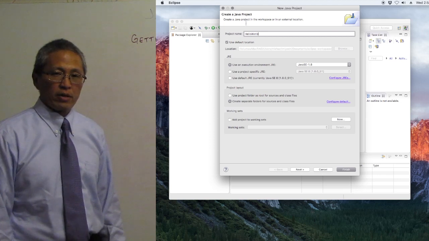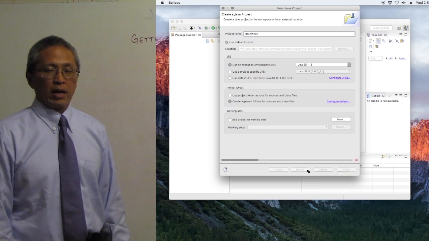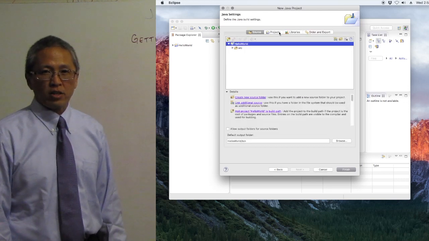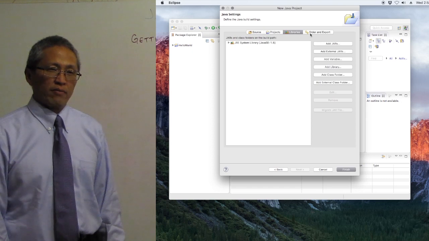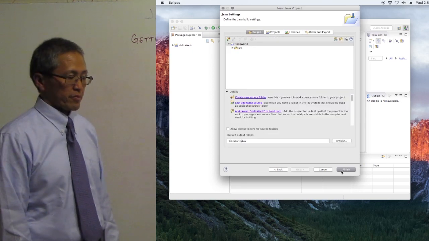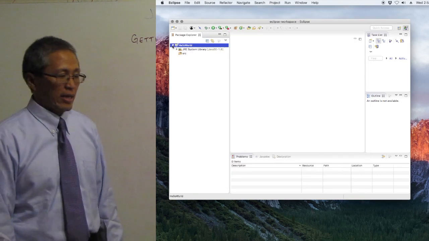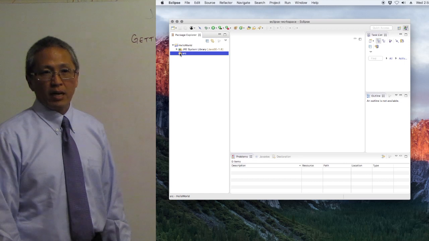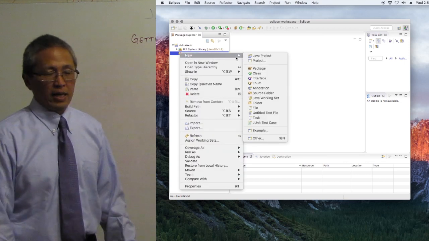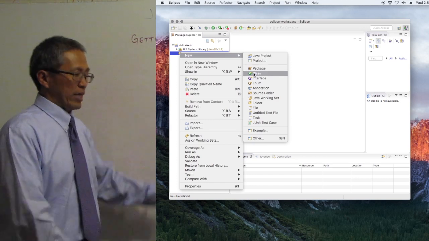Once I do that, I'm going to use that triangle there, and I'll browse down until I find the source folder, src. You can right click on that and make a new class. So we're going to make a new Java class, and we're going to name it Hello World again. It's going to come up with some nifty things in that little menu, so to speak,